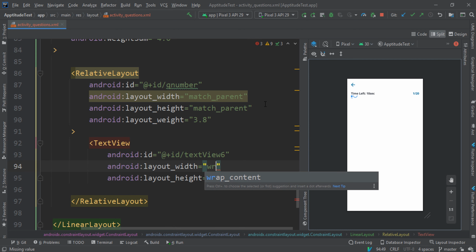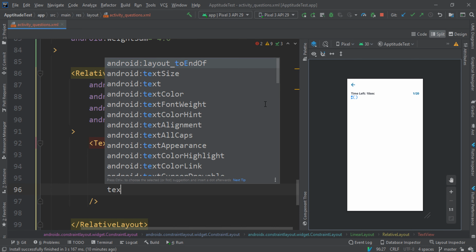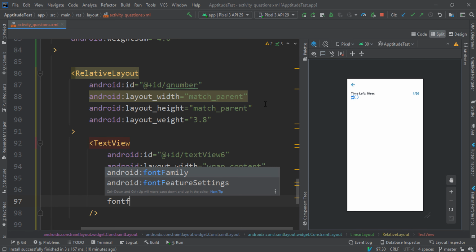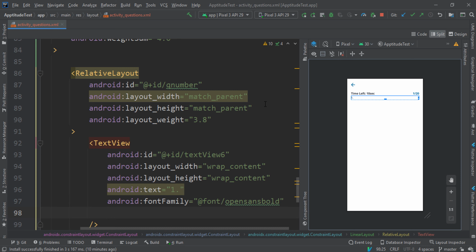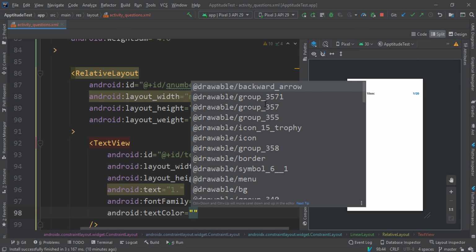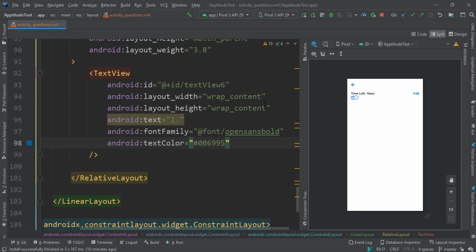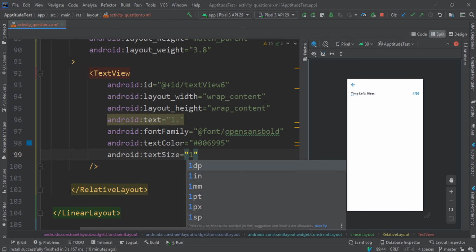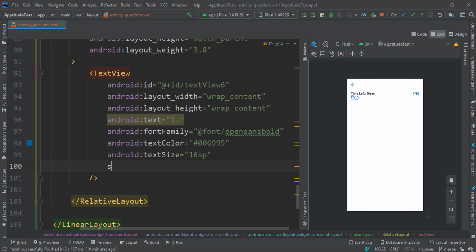I'm gonna wrap the content, give it a text of 1, a font family of open sans bold, and a text color of 006995, a text size of 16 SP, a start to start of